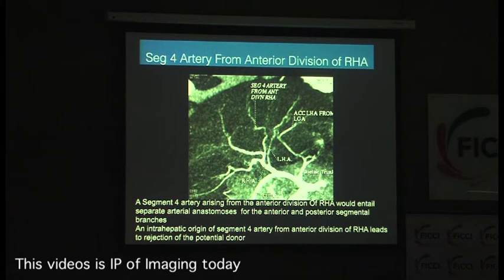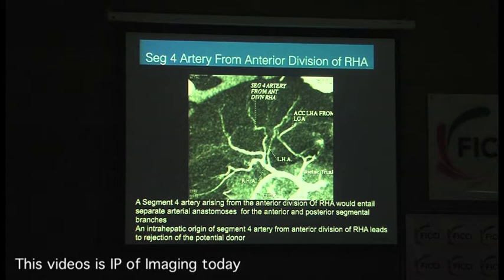Now this is a segment 4 artery which is arising from the anterior division of the right hepatic artery. So what is happening here is, there is one artery here, but both going into the lateral segment of the left lobe. This artery is a segment 4 artery, but it is arising from the anterior division. So where are you going to cut? You are going to cut here. But you also have to preserve supply to this part, so you are going to cut here. You are going to end up with 2 vascular pedicles for the artery. That's also okay if you have a brave surgeon, because these are going to be really short.